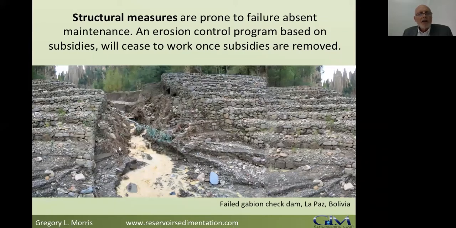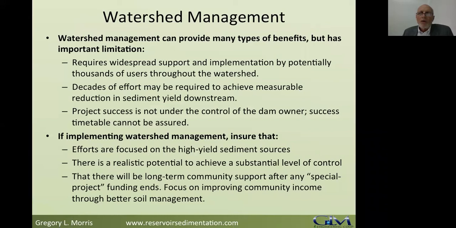And finally, if you're going to make structural controls for sediment yield, you have to consider whether that structural control will stay in place. Gabions are totally inappropriate for use in any type of river system. This is in South America, but if you see gabions installed anywhere in the world, this is eventually where they'll end up. But concrete also doesn't work when it gets cut around the sides or undermined. So look at producing vegetation in your watershed, because that's what will give you self-sustaining